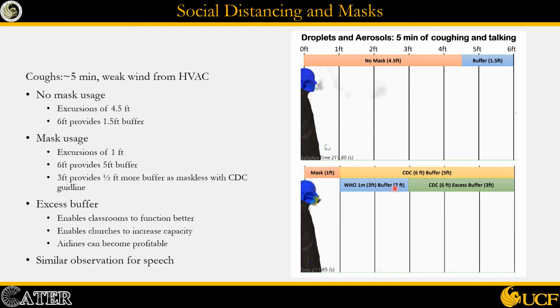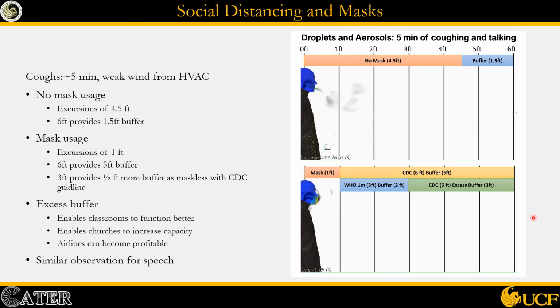If we compare to the WHO guideline, which is about 3 feet, it gives us about 2 feet of buffer when masks are mandated. That's more than the CDC's guideline of 1.5 feet. If we look at that and consider that, we have about 3 feet of excess buffer or space we're wasting that can be utilized to have industries, businesses, and these sorts of things operating more efficiently and